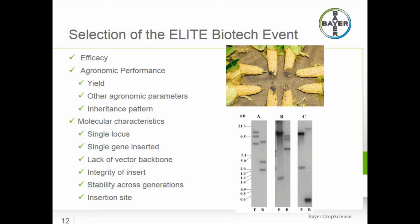So it can impact yield or other agronomic parameters, and it has to have the correct inheritance pattern. Okay, those to me are just obvious and extremely reasonable, because you want to produce something high quality that your grower, your customer, is going to want to buy from you. But the molecular characteristics of the crop also are a very big driving set of criteria for selecting one event